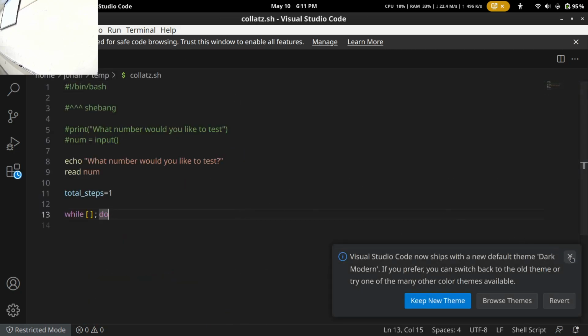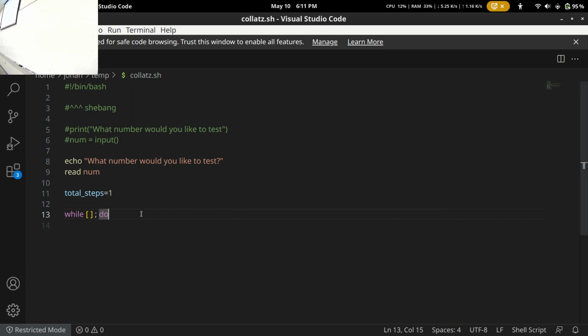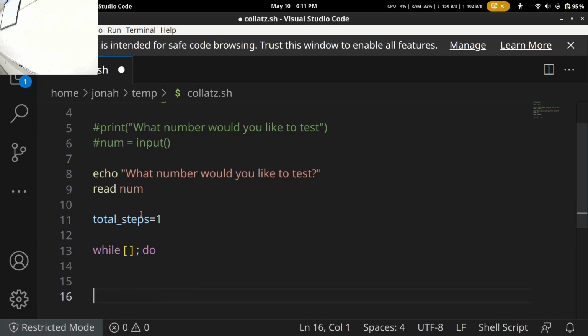All right, that should look better. Okay, so all while loops will start off kind of like that. You say while, then you'll have some angle brackets, and then do. Let's zoom in a little bit. And then anytime you want to kind of close a while loop, you'll say done. And then anything in between the while and the done, you'll just run over and over again.